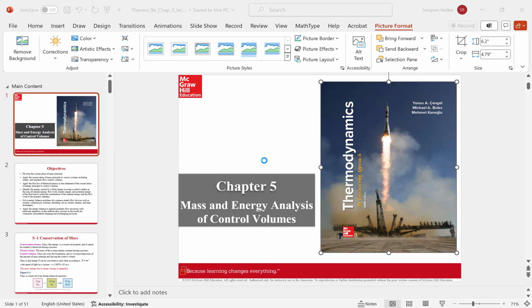Cold air comes from the compressor. Compressor compresses the cold air. Then the fuel is burned in the combustion chamber, and all the hot gases, high temperature, high pressure, are expanded in the turbine. So if you look at the jet engines, they have